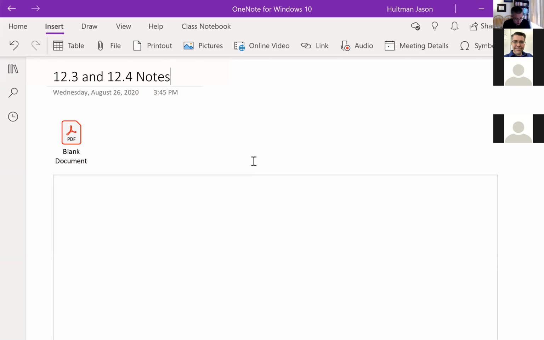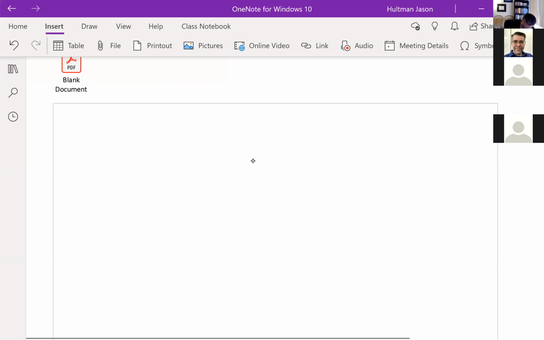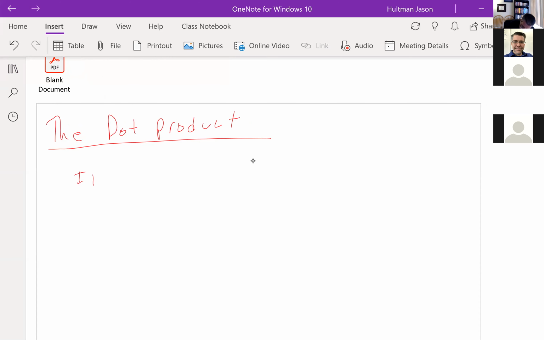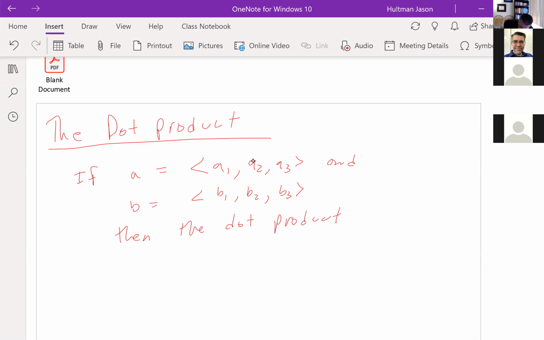Okay, the dot product. If A is equal to A1, A2, A3, and vector B is equal to B1, B2, B3, then the dot product of A and B